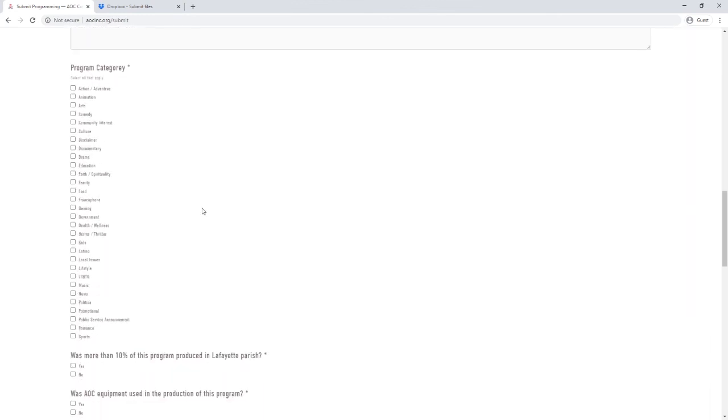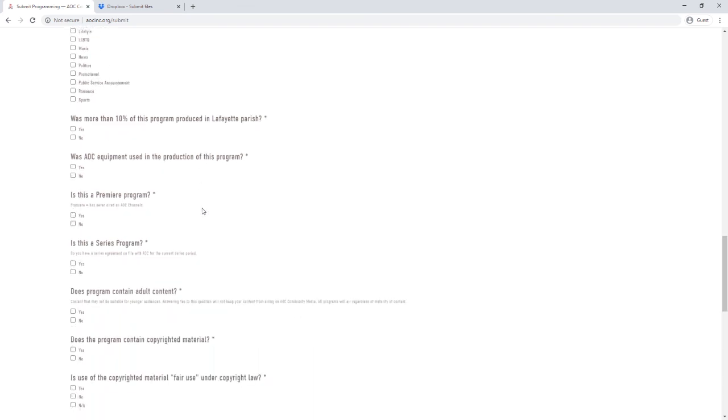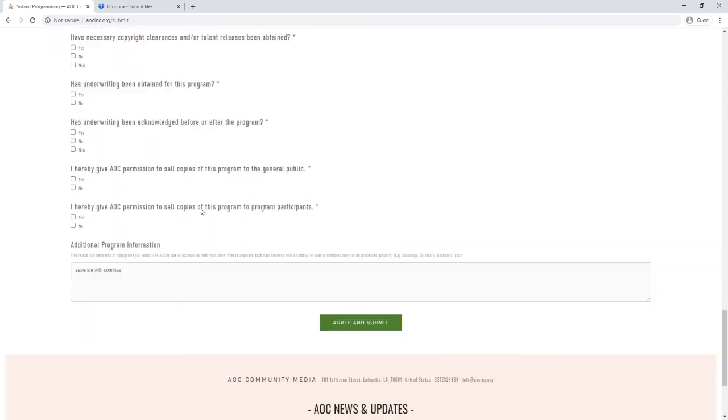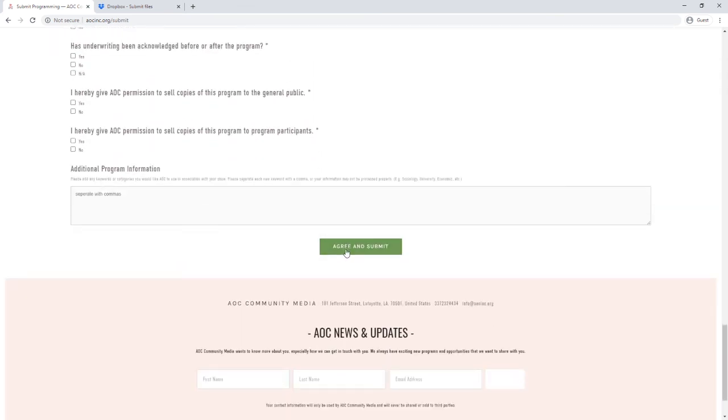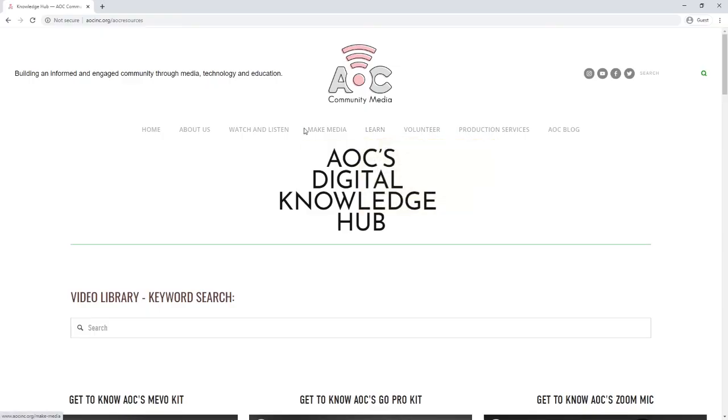And then there is a distribution agreement that you would complete digitally, just to read some of the terms, ensuring that for the content that you're creating, you are the producer of it. We don't own any of it. So you complete that form there and then just click submit at the bottom. And essentially that's the process for getting that content to us.